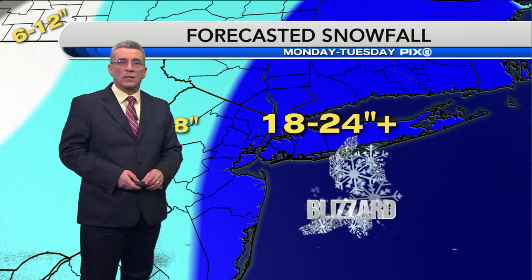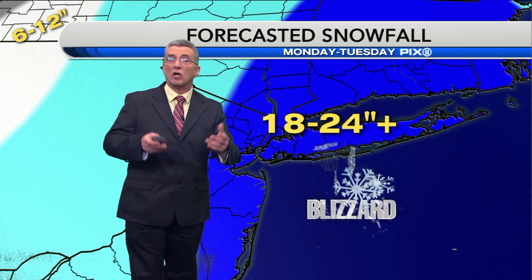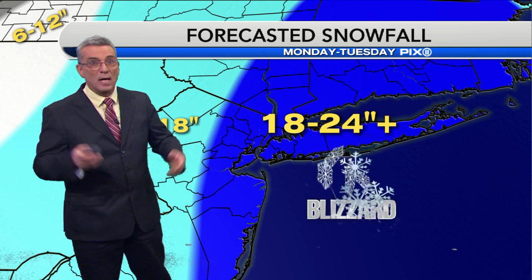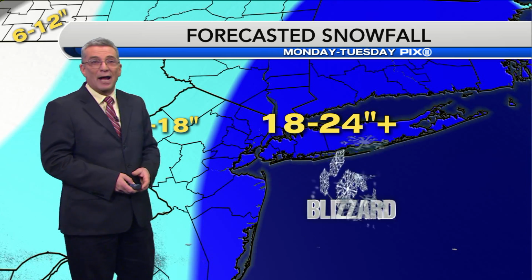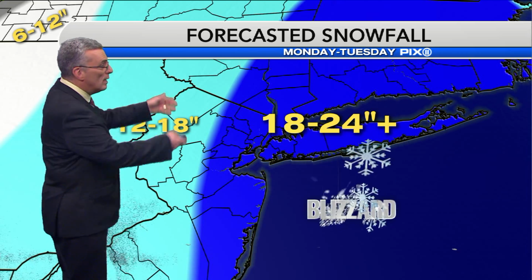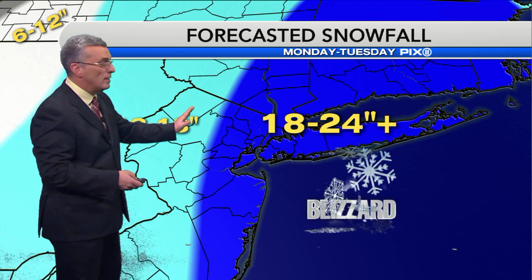Where the blizzard warning is up, we're thinking 1.5 to 2 feet on average. There certainly could be local amounts running up to maybe 30 inches plus. I hate to even put out a number higher than that. It's sort of hard to do in a forecast. This is not Buffalo. Western parts of New Jersey, we're looking at maybe 1 foot to 1.5 feet, and then those amounts